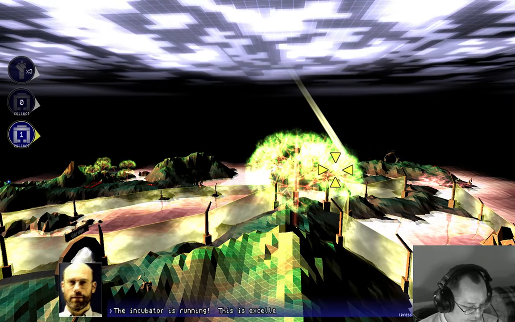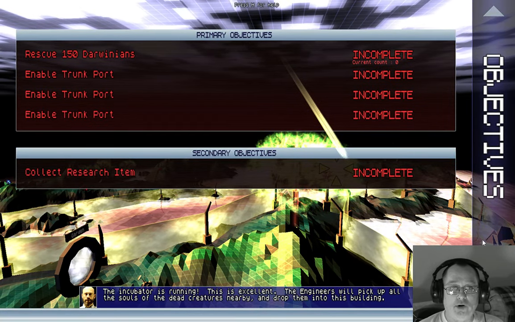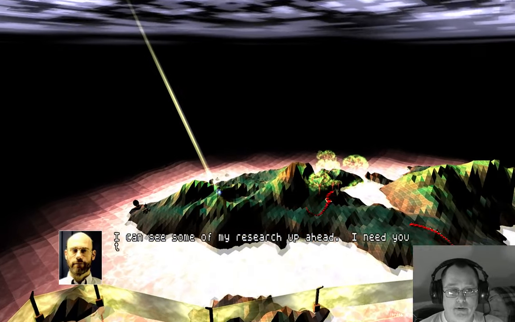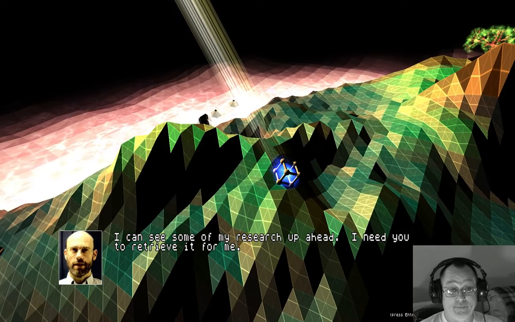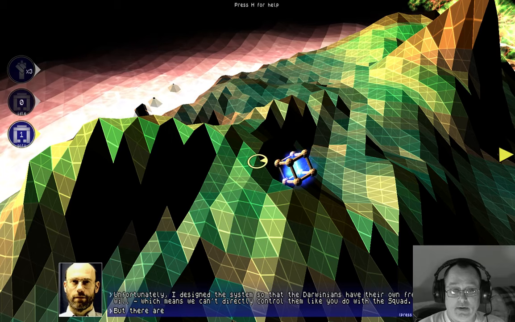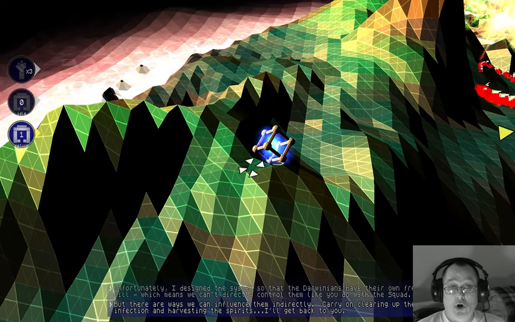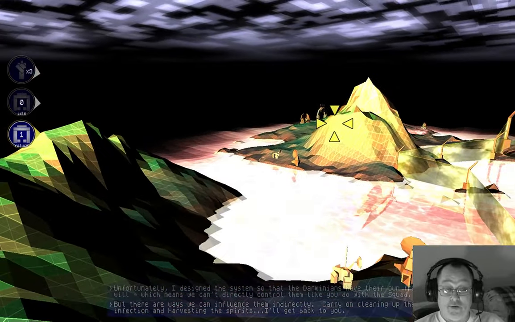So the other thing that I would like to do is enable trunk port. Okay, well, we've got the count. The count is open, so collect research item. Yeah, this is going to be to unlock the harvesting speed. Keep on clearing up the infection. Okay, so what we're going to do at this point is work our way over towards the